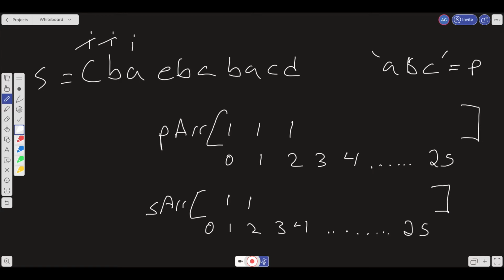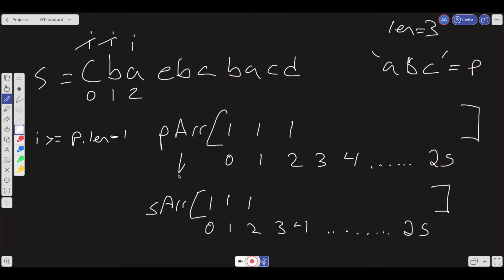We move I over here, and now we have 1 A. And what we check is if I is greater than or equal to P dot length minus 1. So if P dot len is 3, and here we're at 0, 1, 2, 3 minus 1 is 2, and if I is greater than or equal to 2, then we